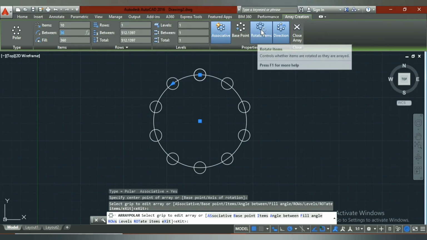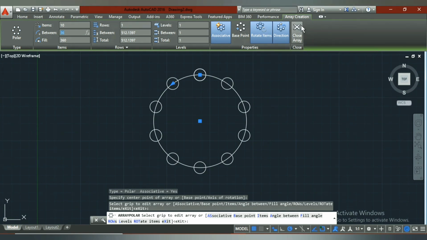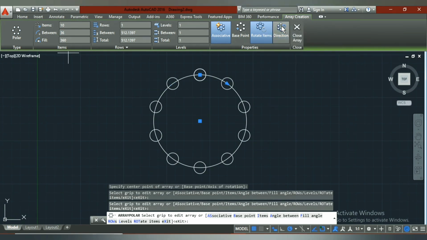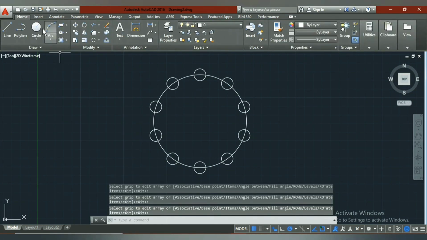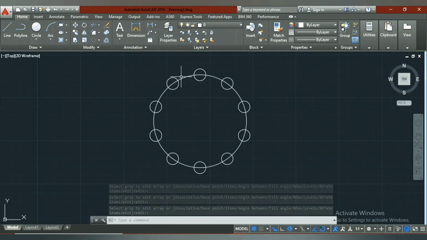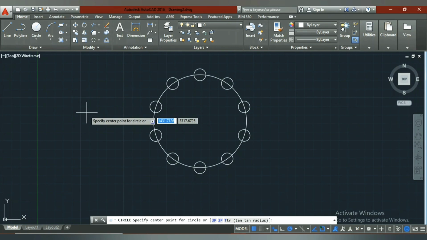The base point, rotation item, and the direction clockwise or anti-clockwise. Okay, I'll just close from here. And if you don't want to go with the circumference of the circle, you can do that individually also.